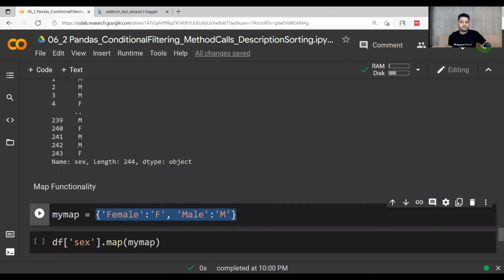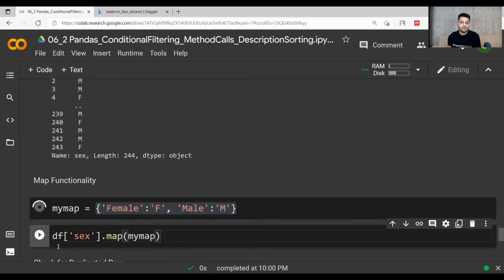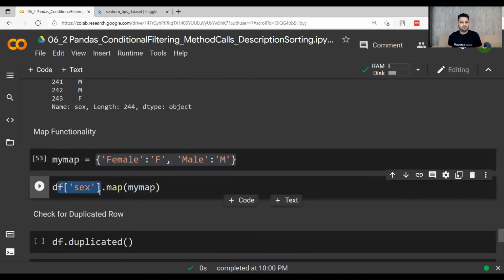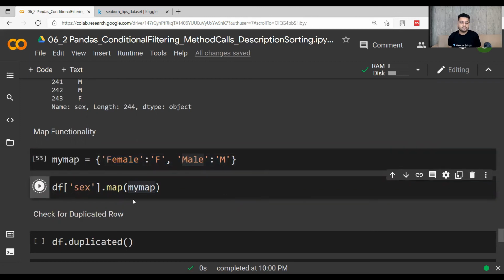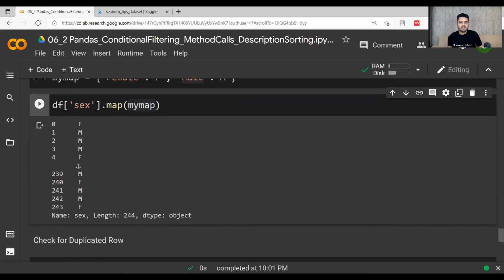Within the dictionary, I have given two values, female colon F comma male colon M. Now if I pass this dictionary into the dot map function, over this column, which is df6 dot map my map, it means that over my column you simply do the mapping, in which you replace female with F and male with M. If you run this, you will see the values have been updated over the full column, right?